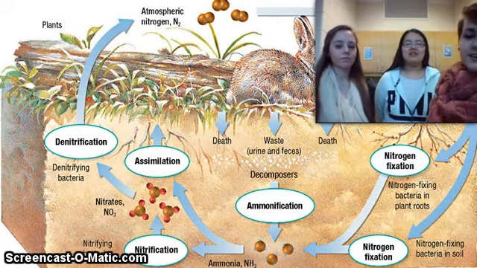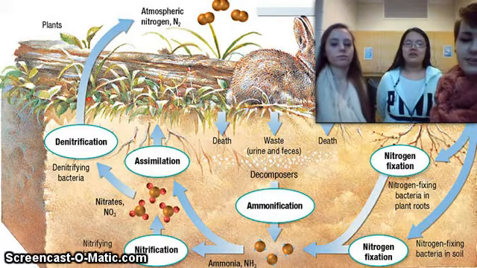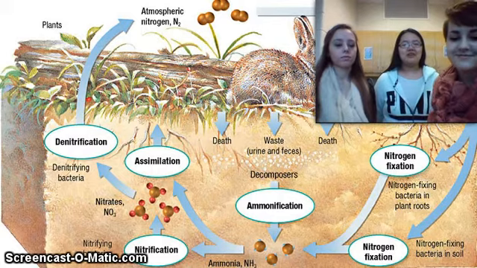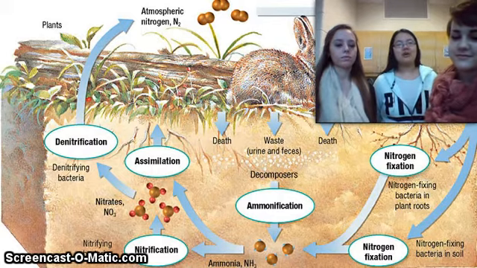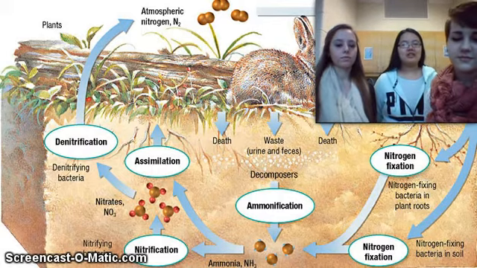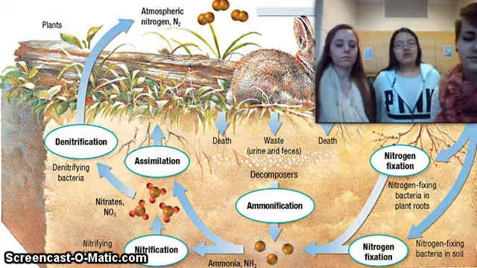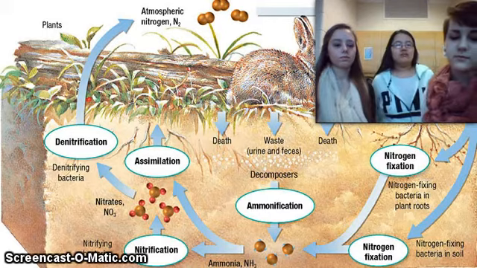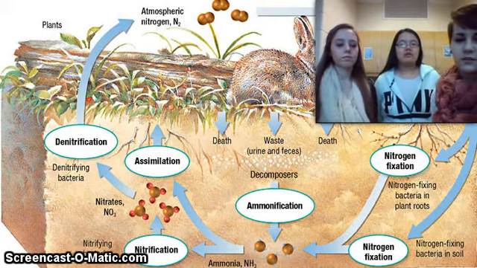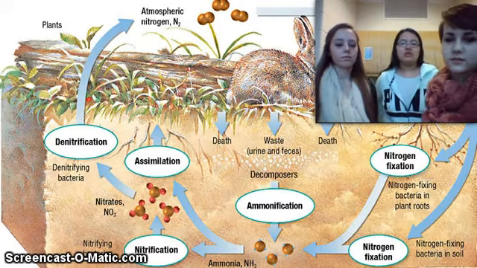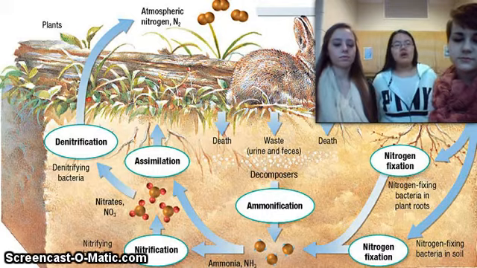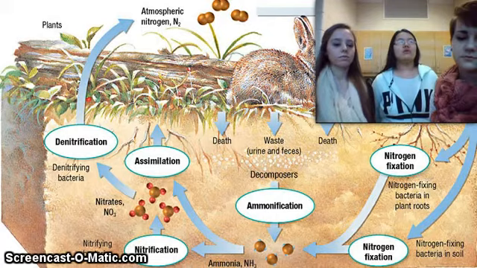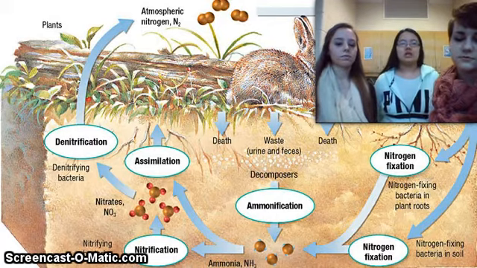So nitrogen is a component of amino acids, proteins, and nucleic acids. Plants and algae use two inorganic forms of nitrogen, which are ammonium and nitrate. Also, various bacteria use both of them as well as nitrite. Some animals can utilize only organic forms of nitrogen, which are amino acids and proteins. And our main reservoir of nitrogen is in our atmosphere, which is composed of 80% nitrogen gas.